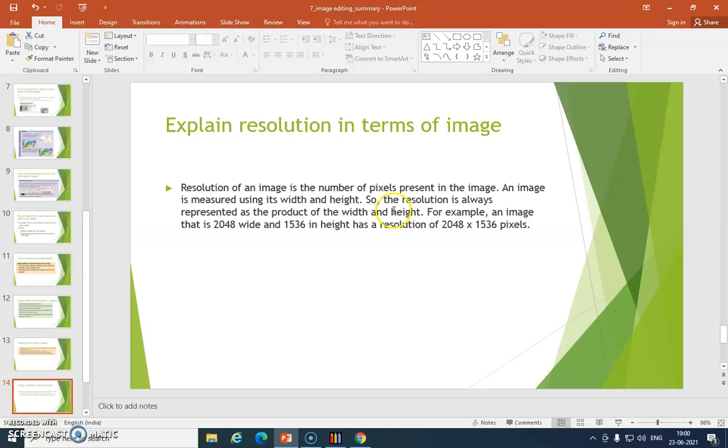Okay, so now all of you are aware of the steps of creating collage, the different attributes that you can modify, and the different attributes that you can add in your image. You are aware about pixels, you are aware about resolution. Apart from that, now you are aware about different types of file formats also.